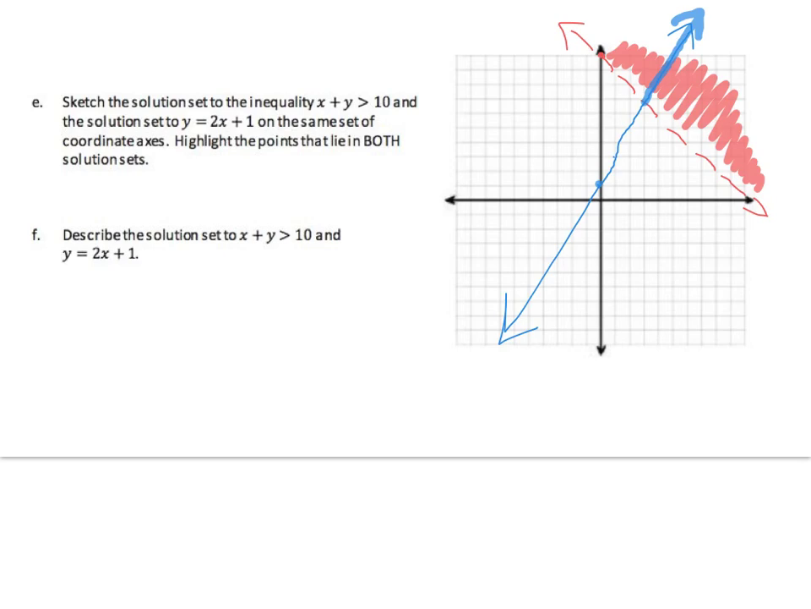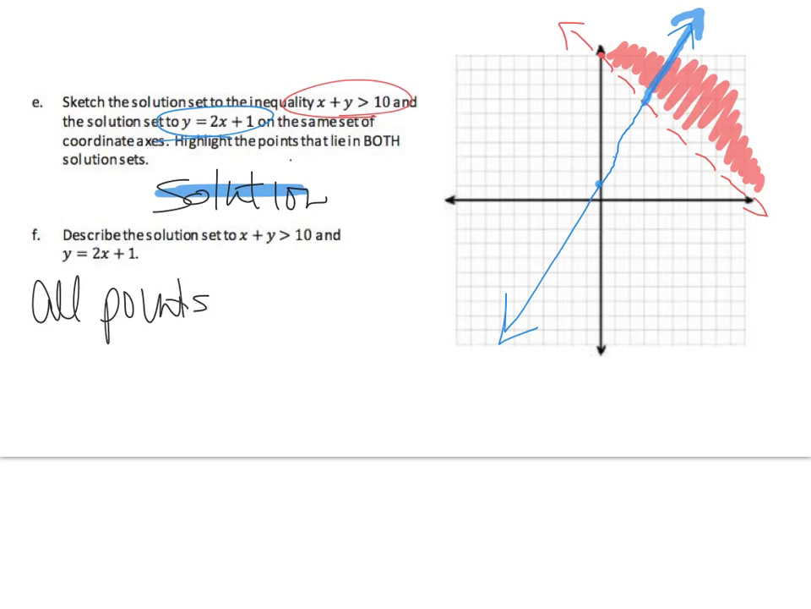All right, I graphed in red the inequality x plus y is greater than 10, and then I shaded everything above, and then I graphed the equality y equals 2x plus 1, and then I shaded in blue highlighter where the solution is. The solution is the intersection of the line and the shaded red area. Okay? All points. That was a mess up. There we go. All points that lie